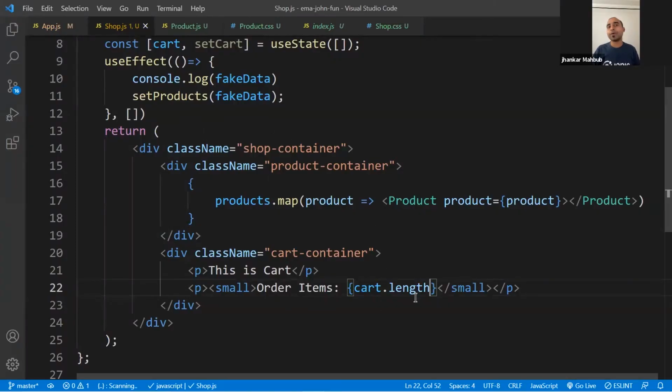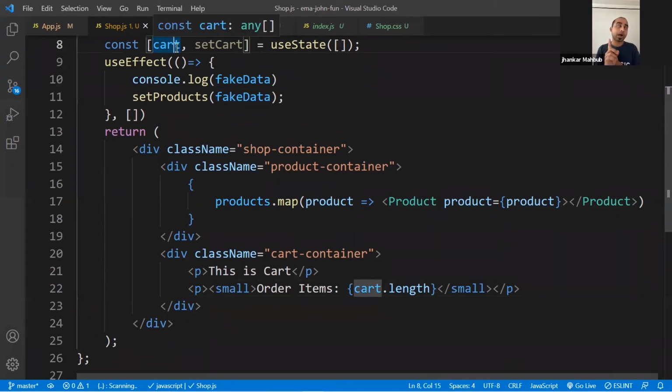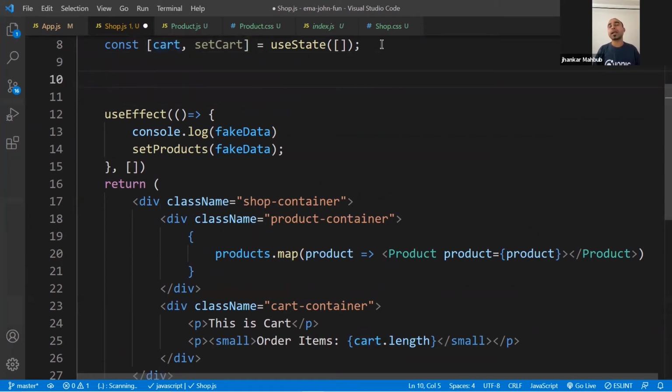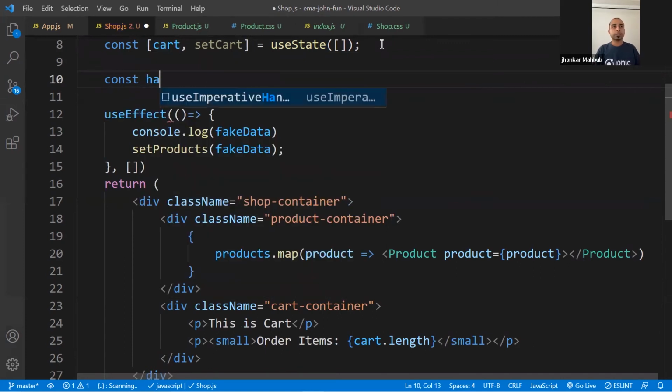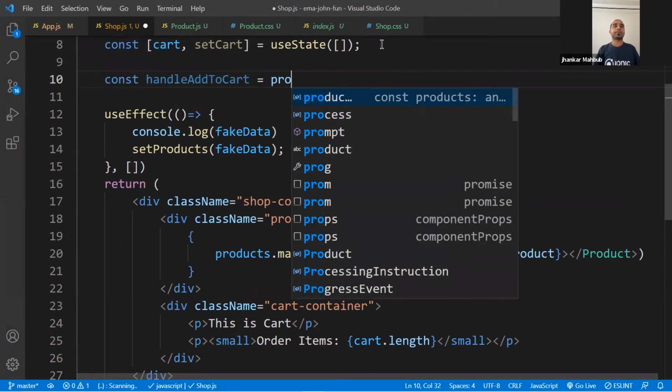And right now, you need to think a little bit seriously that your state is here. That means if you click on the cart or add to the product item, that means if something is added, it would be added to this cart. So wherever your state is, you need to declare the event handler here. So you do an arrow function or regular function. This would be handleAddToCart. And this would be your new function. So when you're adding to the cart, what would you be adding? You'd be adding a product.